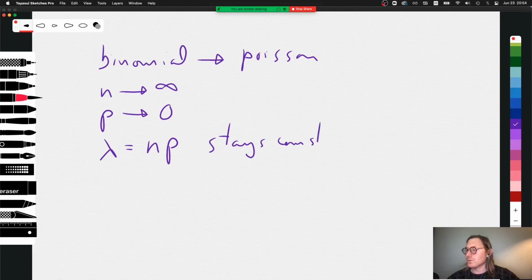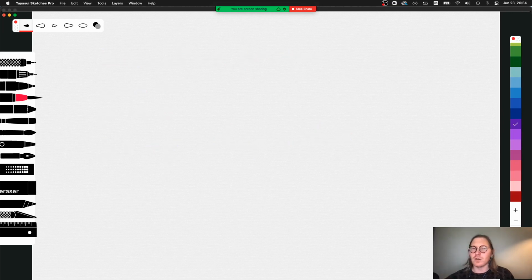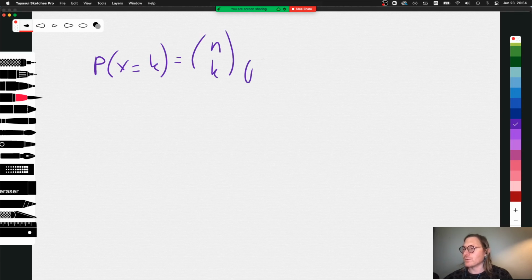So how can we explain that? How can we explore that? Let's recall the binomial PMF, the probability that x is k. This is n choose k, multiplied by p to the k, multiplied by 1 minus p to the n minus k. And we can think of the mean, or the expectation,